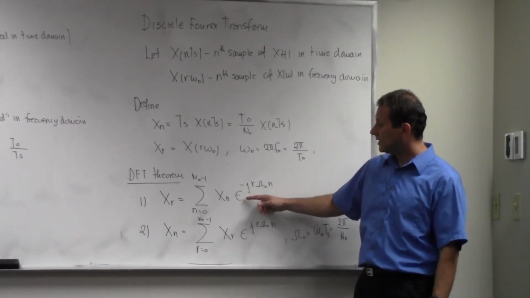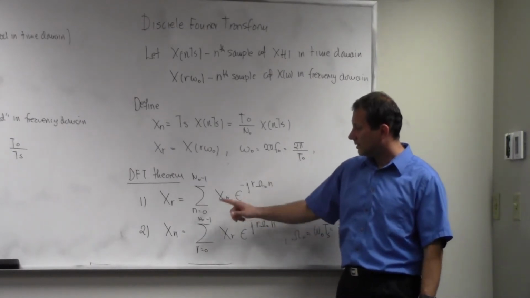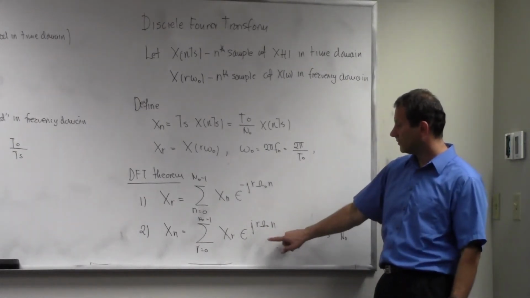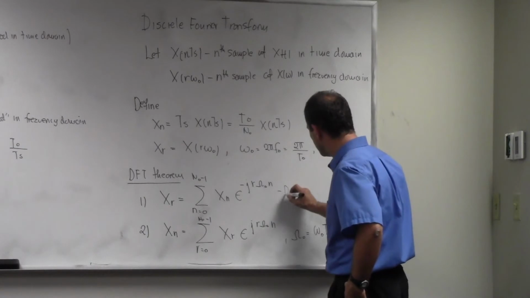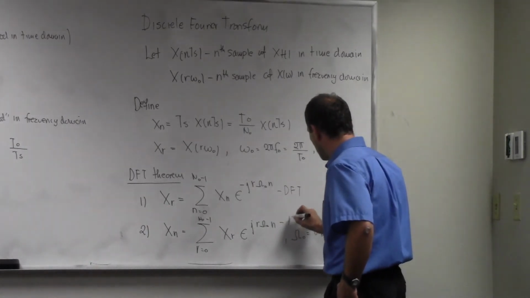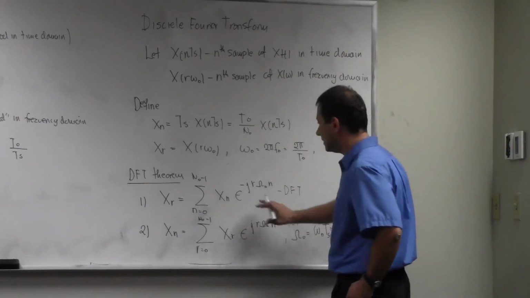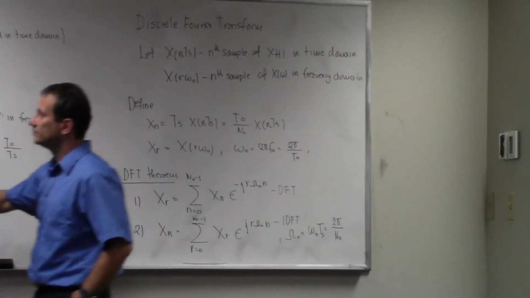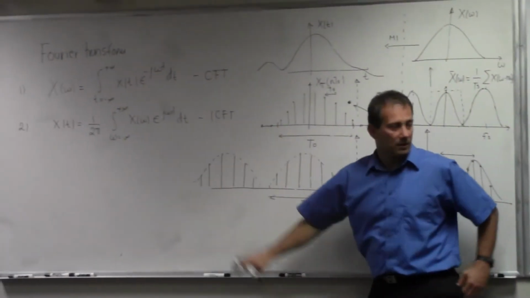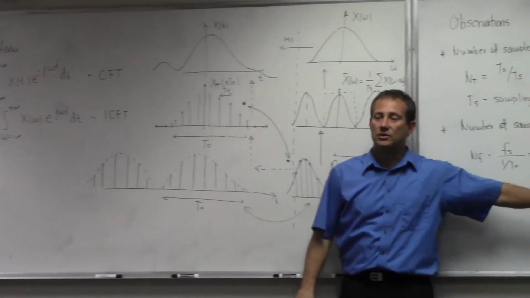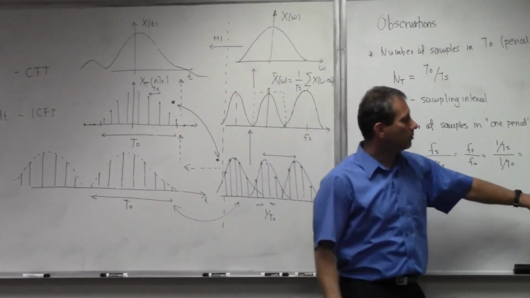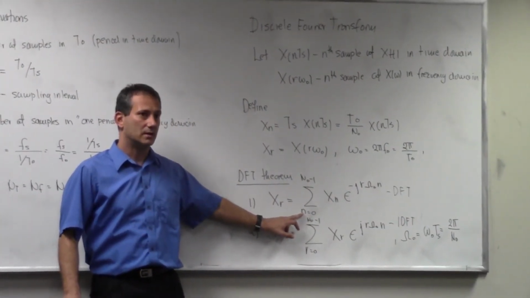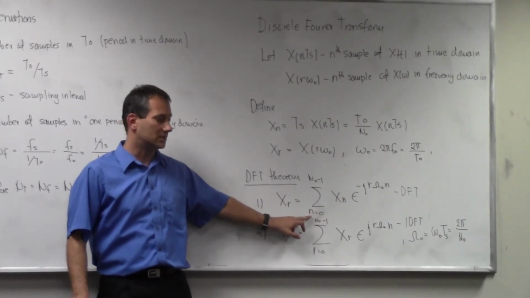So this will give me 100 estimates of the signal spectrum in a frequency domain. And if I had those 100 estimates in a frequency domain, then I can go back and get my time domain samples by performing this operation. This is what we call discrete Fourier transform. And this is what we call inverse discrete Fourier transform. These two are essentially the counterparts of these two, right? We can evaluate these using computers, right? Because there's nothing here that computers cannot do. They can multiply and divide. There's a finite sum here. And as a matter of fact, this can be computed very efficiently. But,